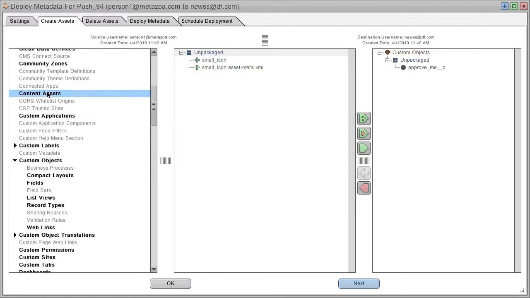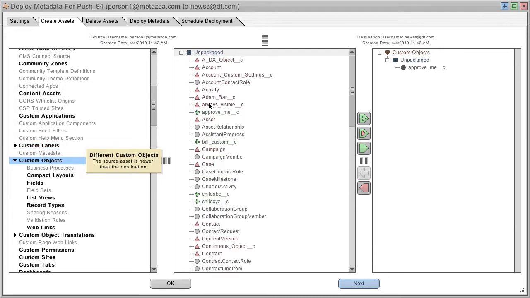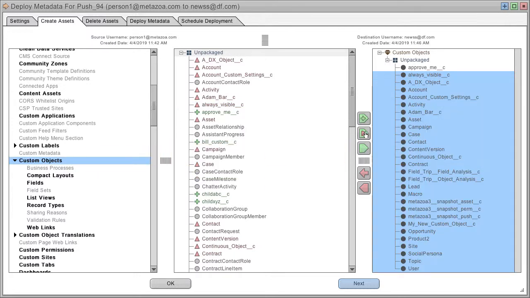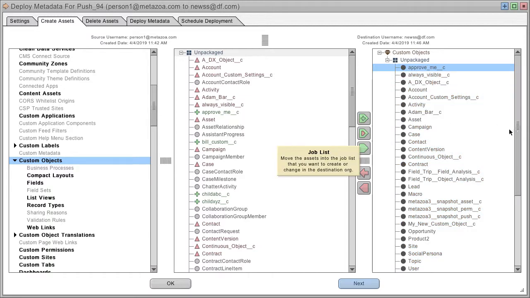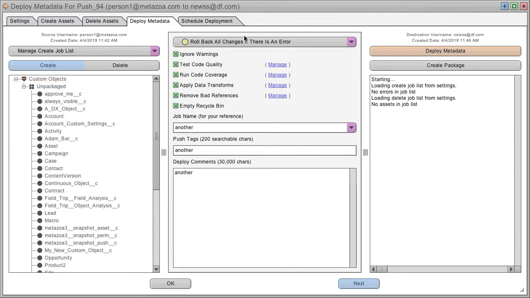So you would need to go through all of the metadata types that you care about and move these over to the destination org. You can also do this all at once using the difference tool or the missing tool. So then you may also want to delete some assets, and that'll just depend on if there's any assets in the destination that you don't want there anymore,